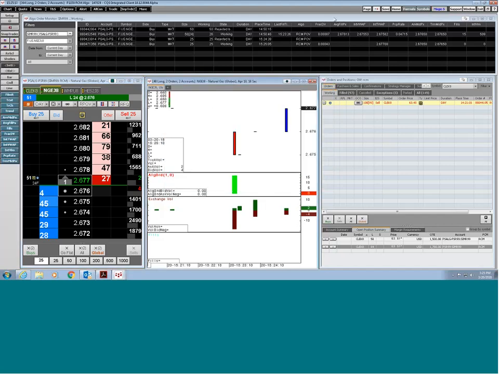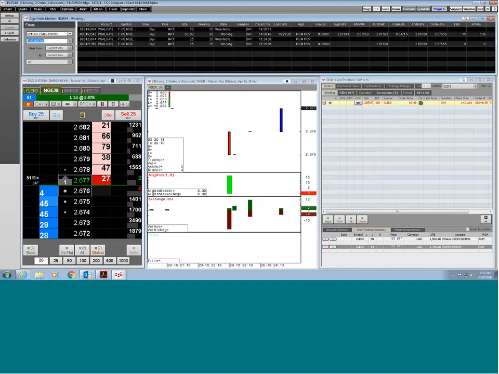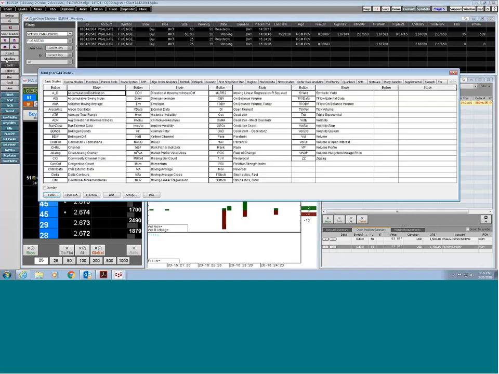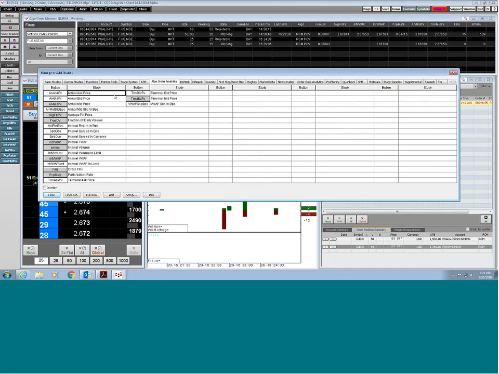And we do have a quote board up here, and from the quote board you can see all of the things that are available up here. There's actually a whole bunch of studies that are available. If you go here and into our studies, we have a tab here that says Algo Order Analytics. And from here, if you want to see what was the TWAP over the time that you've been executing the price, what was the VWAP over the time you've been executing the price, all these things are available.